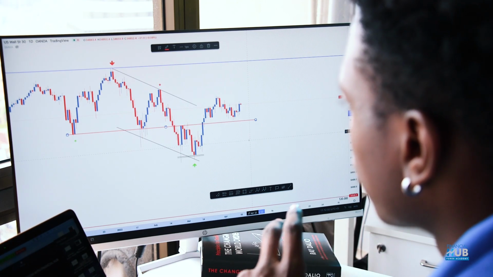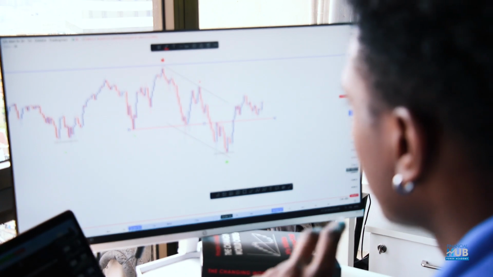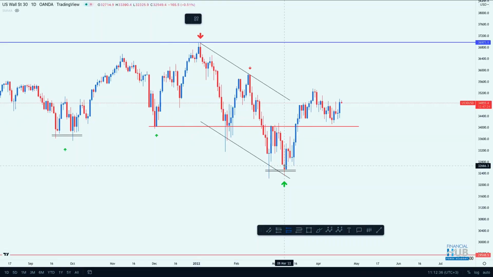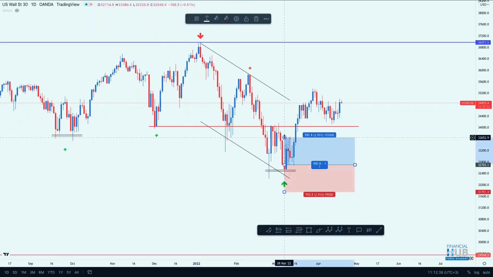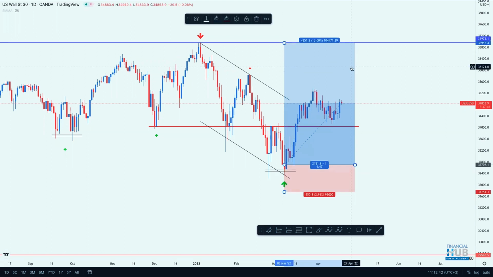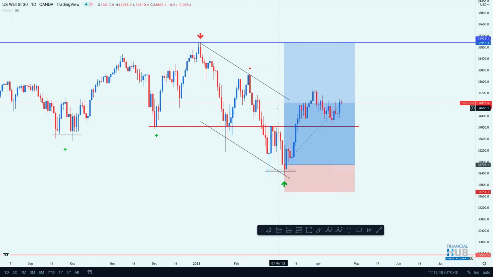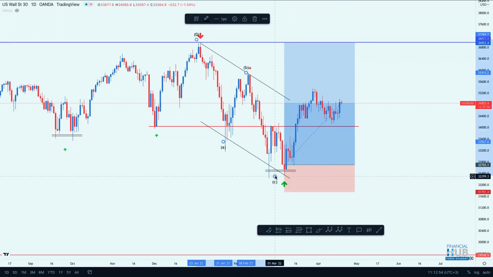So that's what I was watching on this one, a very good flag formation. On this bigger flag formation, I'm looking for the market at least to go back to the 37,000 level, the previous high that the market had attained before we got this major ABC correction. Because in the bigger picture time frame, this is just a simple ABC correction and the market quickly moving back up.